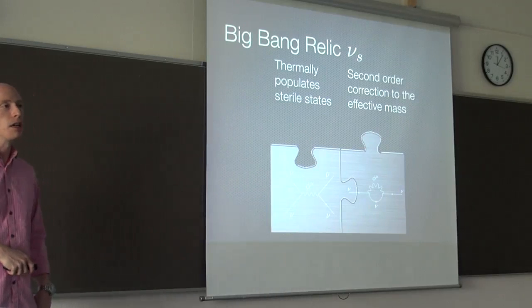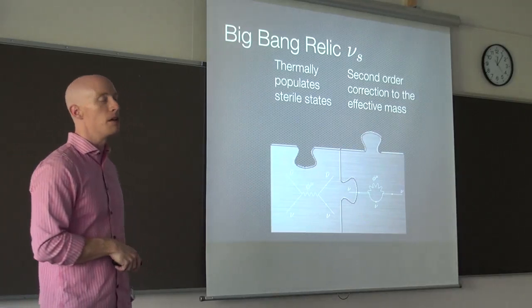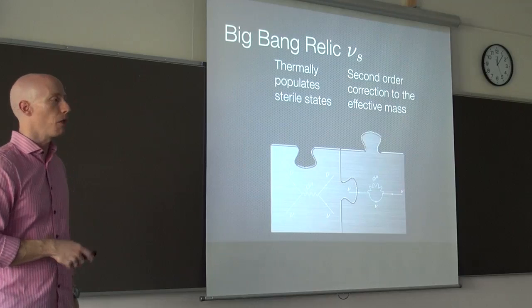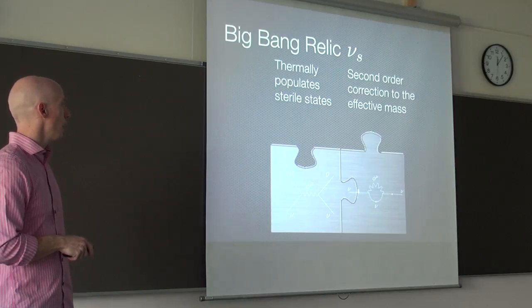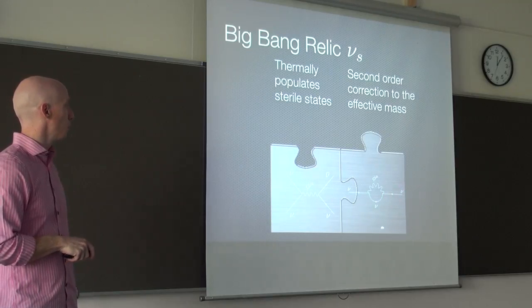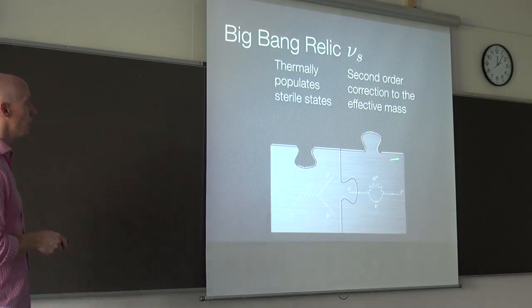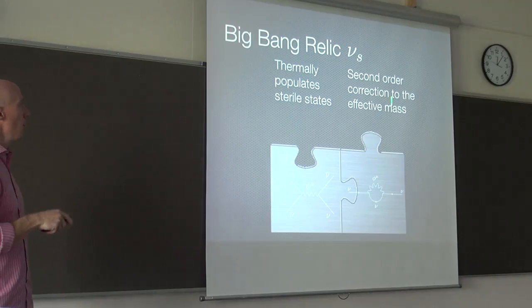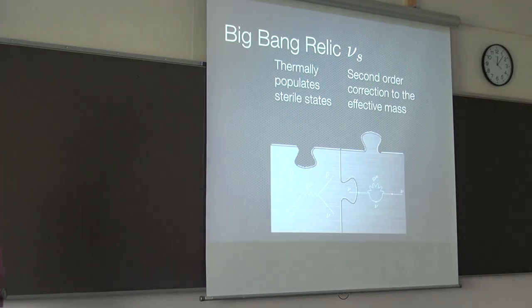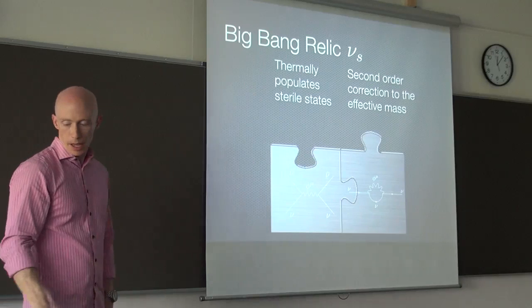And you'd think that nobody would care about this thing. You know, it's computed for QCD, and they computed it for active neutrino oscillations about 30 years ago. You'd think it wouldn't matter that a sterile neutrino could propagate and have this bubble diagram appear at finite temperature and then just keep propagating. But it turns out that this is an extremely important contribution to the effective mass. So in the early universe, this interaction may be thermally populating these sterile states, but then there's a second order correction of the effective mass that might shut down this interaction here on the left-hand side. And the reason for that